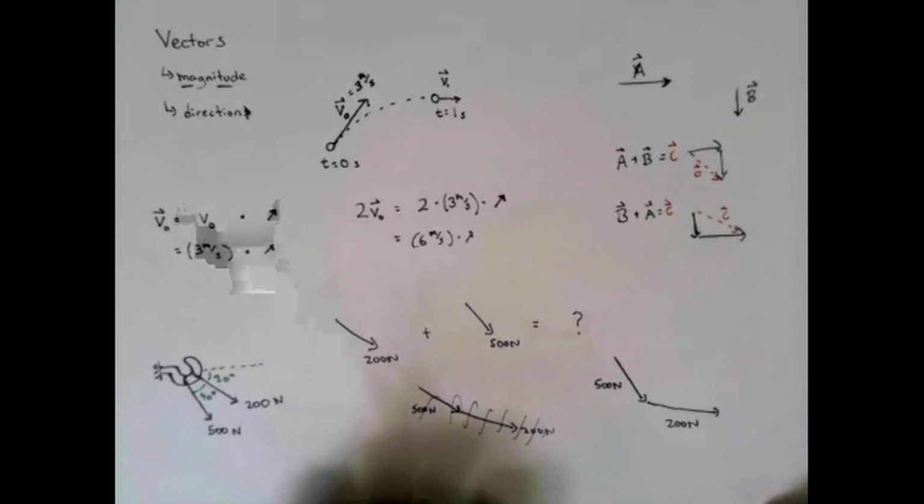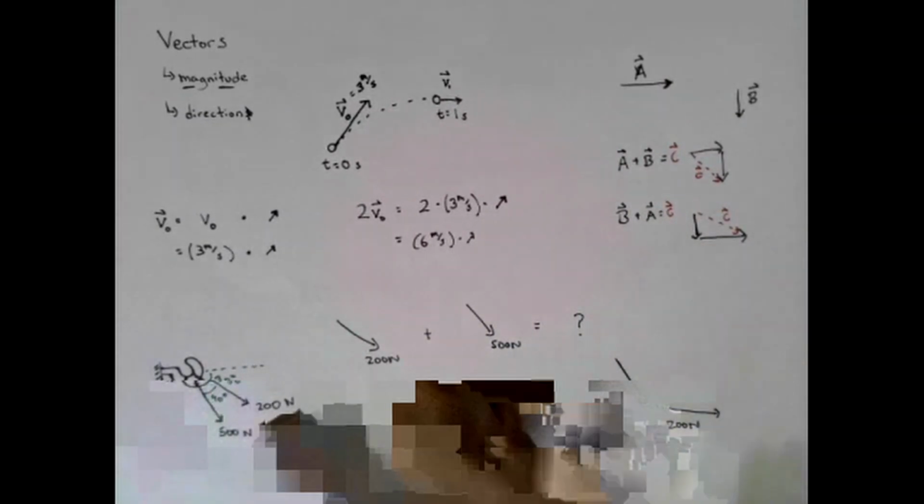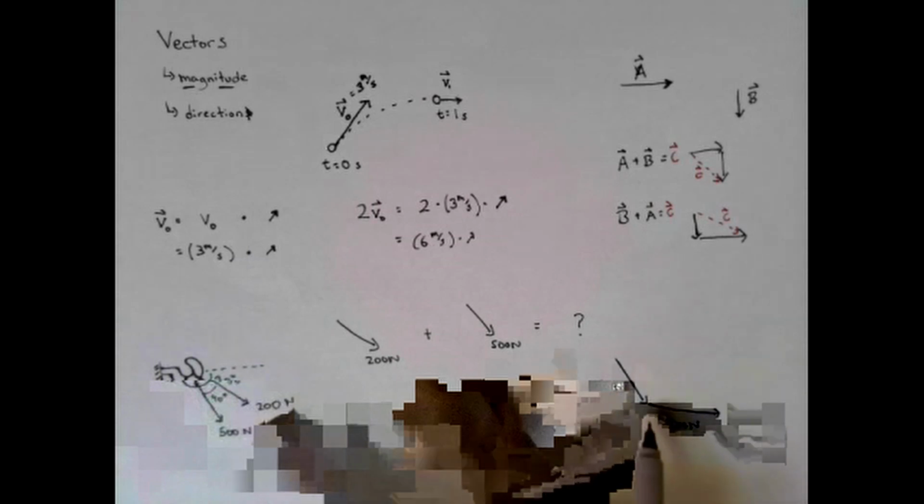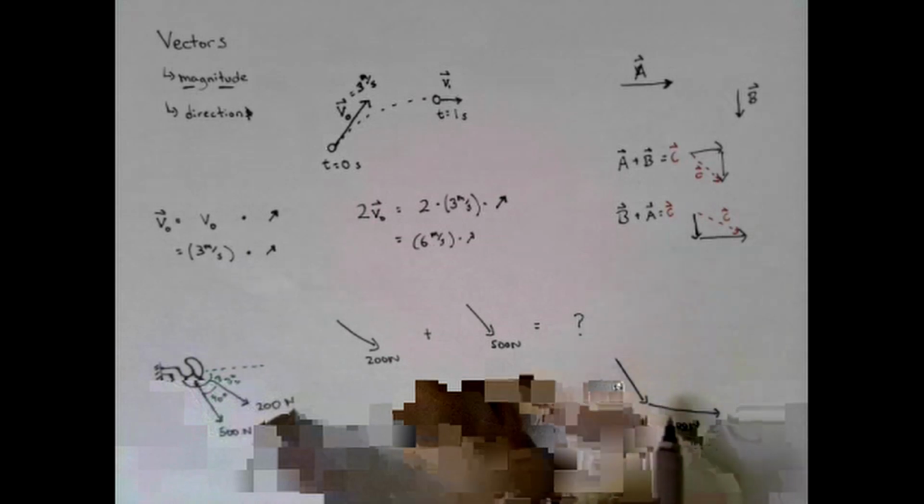Now, the first thing you can see is that I didn't really draw them to scale, right? My 200 newtons is drawn larger than my 500 newtons. Because of that, I'm really going to rely on geometric operations. Because it doesn't have to be to scale. Exactly. If I would have drawn them to scale and drawn the angles correctly too, all I